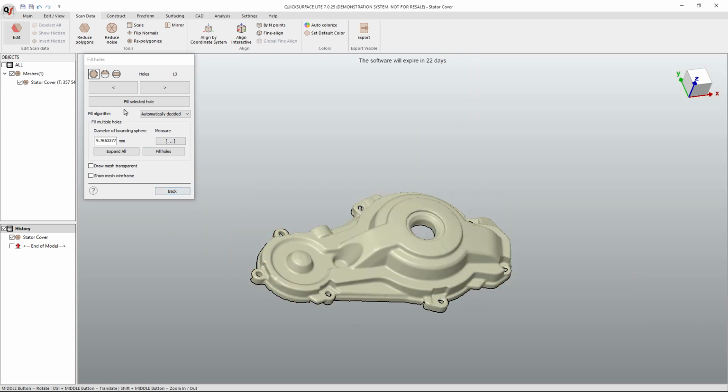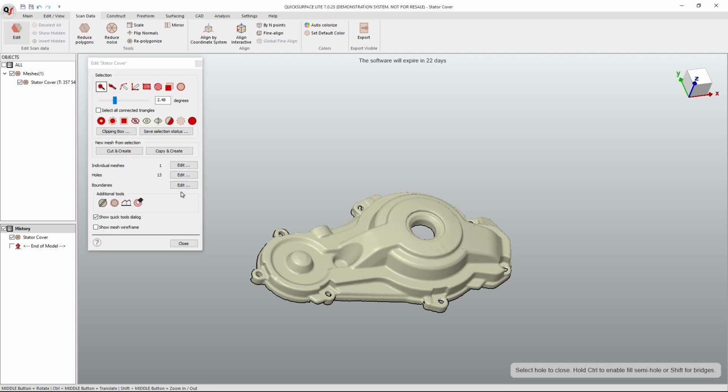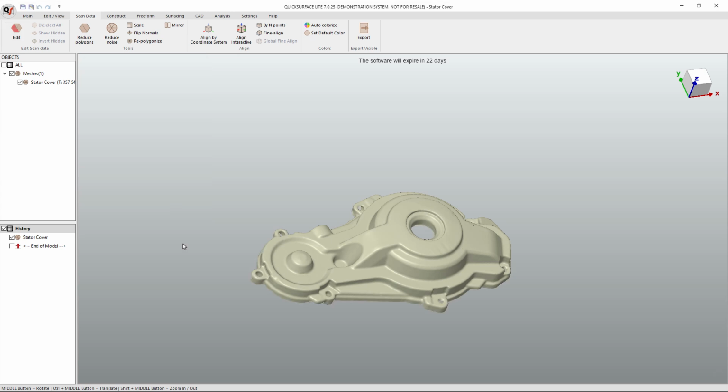There are some other options that we're not going to go into, but fill semi-holes, and we've also got this bridge option. And I'm going to select back. We do also have a couple of selections up here. So we've got a magic wand and a paintbrush and things like that. Again, not really what we're going to worry about here. The main thing I wanted to show was filling in those holes, because that's a common problem that we have